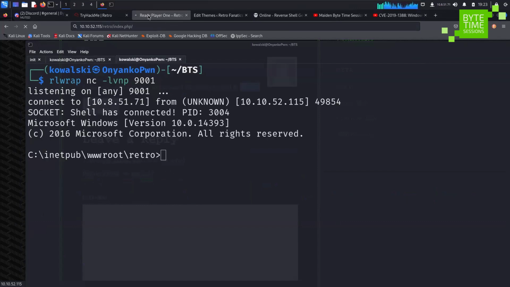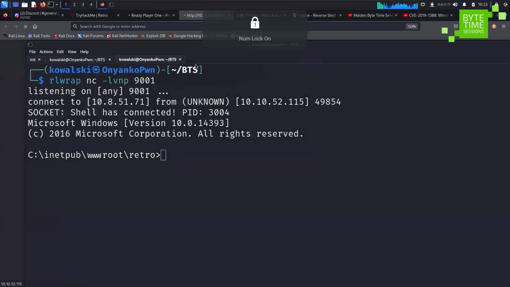Now, if we do, we see that yes, it is stuck, and then we have our initial foothold onto the website. So we have access now. We can also remember that